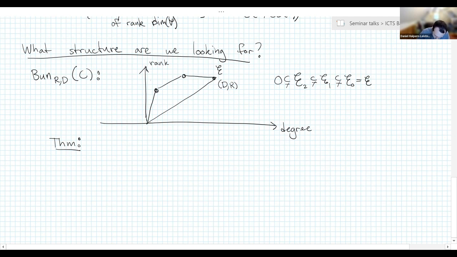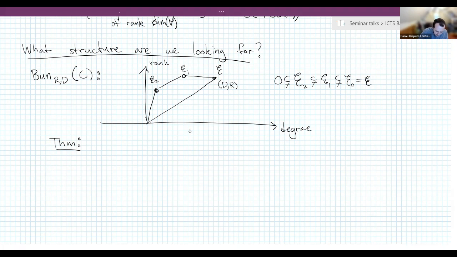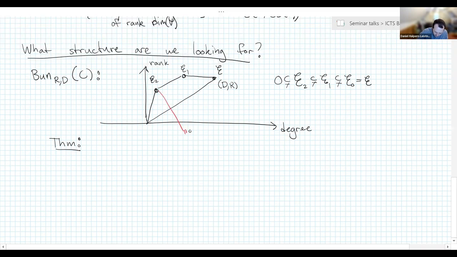So here would be E2, here would be E1 on this curve. I've drawn it in this nice convex way, but it doesn't have to be. I mean, E1 could have been way down here. For a general filtration, I could have had something like that. But